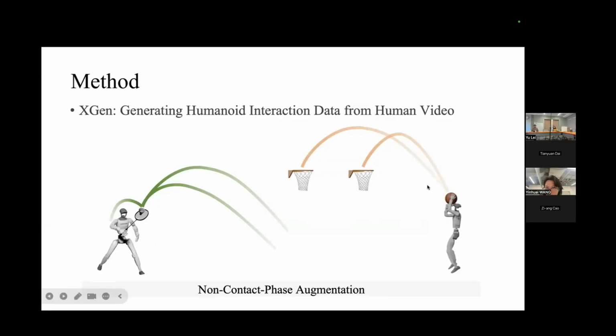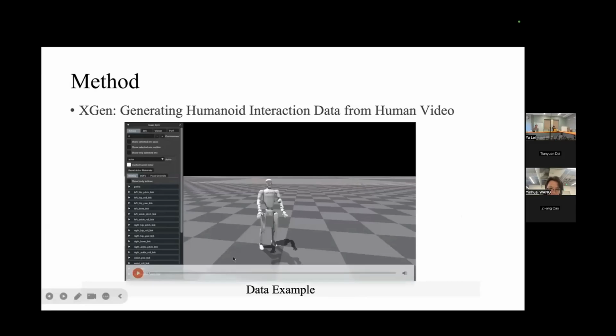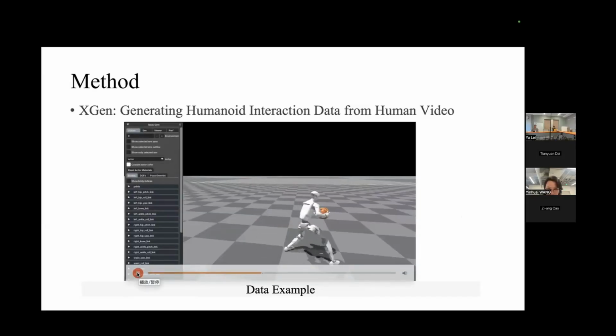With this data, we can train a humanoid robot that can shoot at different distances. All of this can be achieved from a single video, which I think is very effective. So finally, we can see an example of our full trajectory.